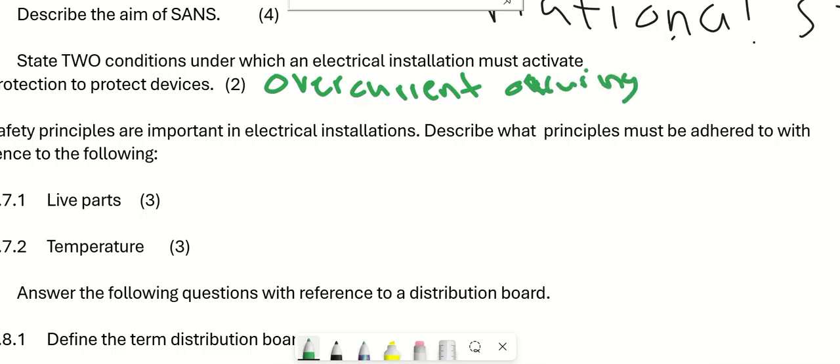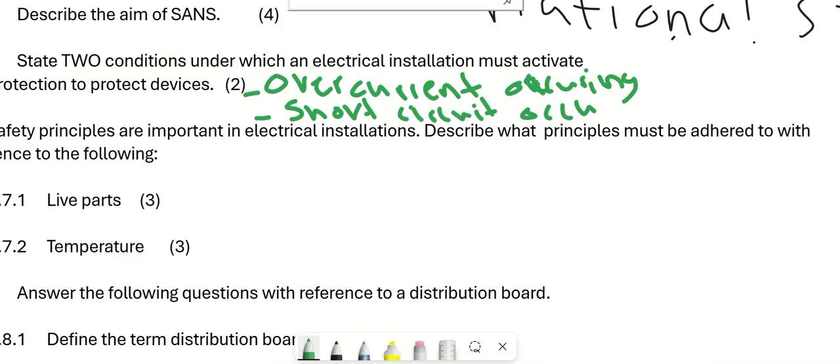And short circuit or earth fault occurs. Let's just say short circuit occurs.